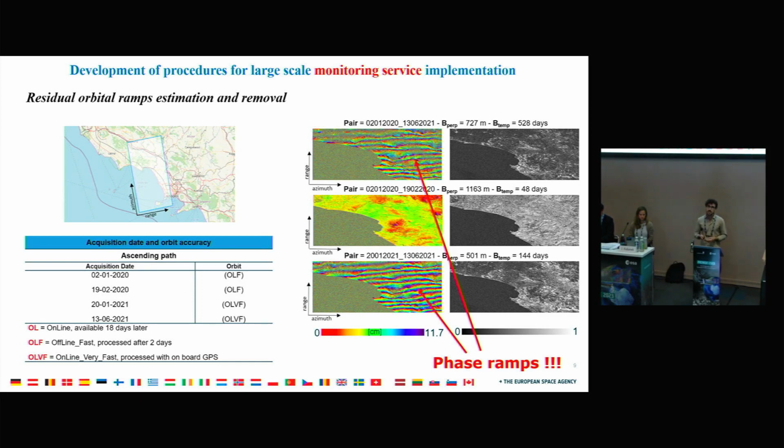The CONAI releases the online very fast orbits that are generated and calculated with GPS on board of the satellite. So believe me, the results are very bad. As you can see here in the first and in the third interferogram, you have this big phase ramp over your interferogram. Then after 2 days after the acquisition, you have the online fast orbits that are high quality